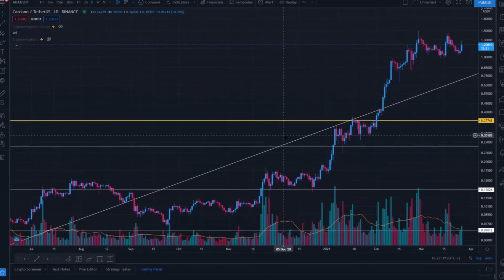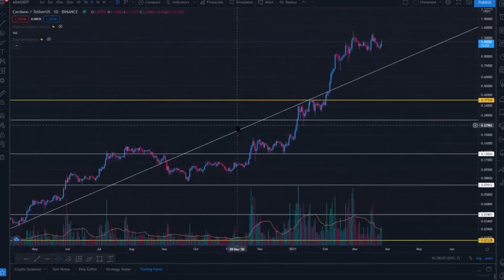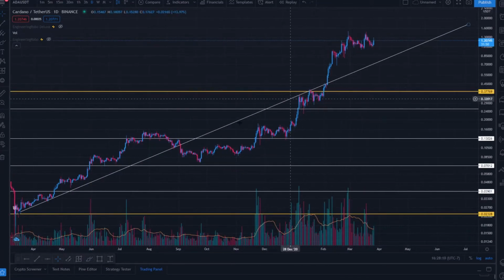Jumping right into it, we've been steadily gaining since the beginning of this year and end of last year. After breaking upward and holding above the 13-cent support line, we were able to re-interact with what was relative all-time highs around that period of time. Aggressive wicks and aggressive sell-offs near these levels, but we ultimately stayed bullish and broke upward past this ascending trend line, which I've drawn since the beginning